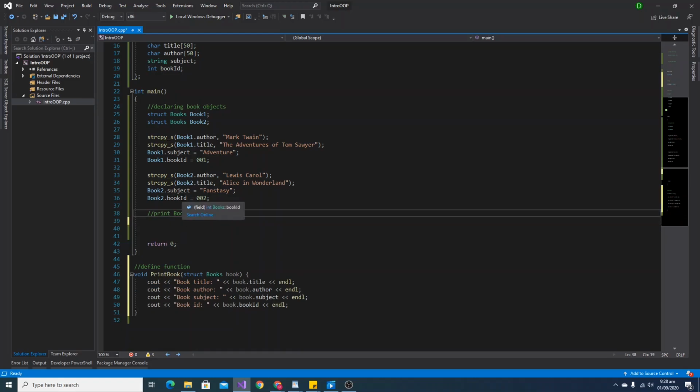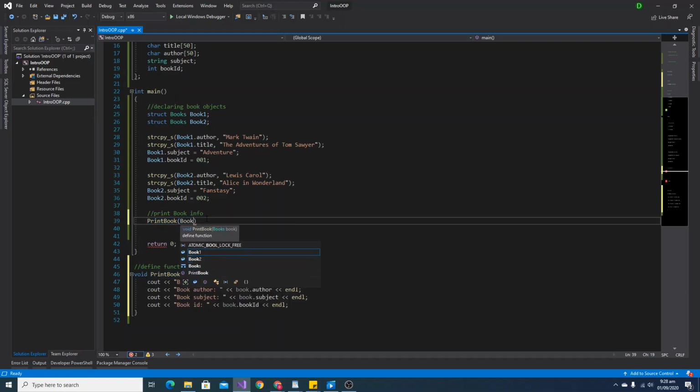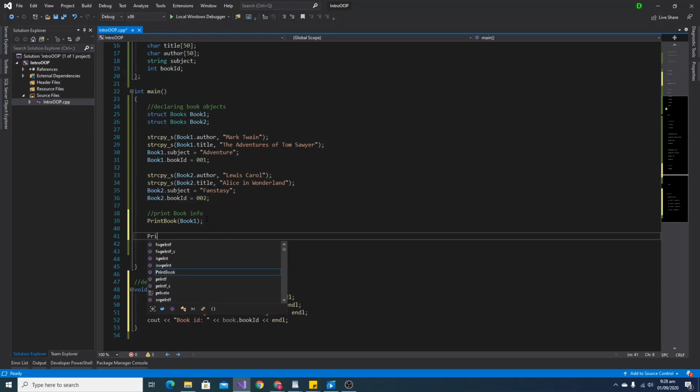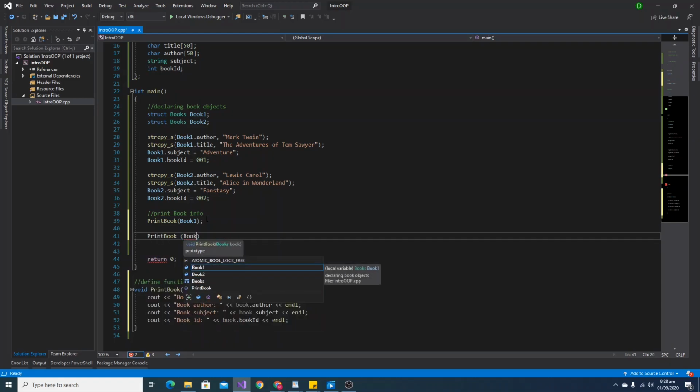So here we just want to print book info. So now I can simply call my function print book and pass in book 1 and pass in book 2. All right, so now if we run this,